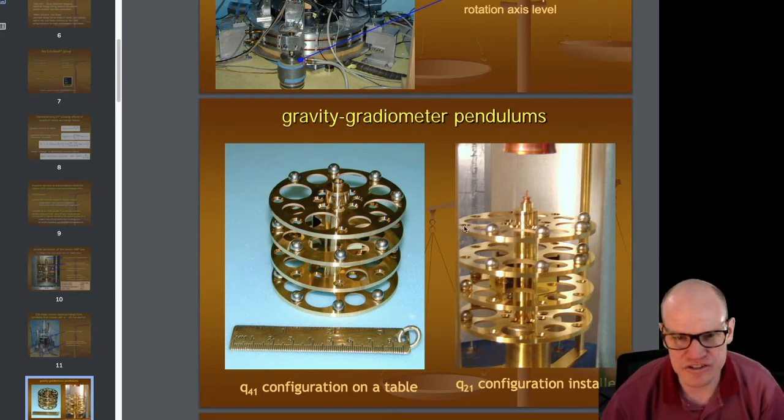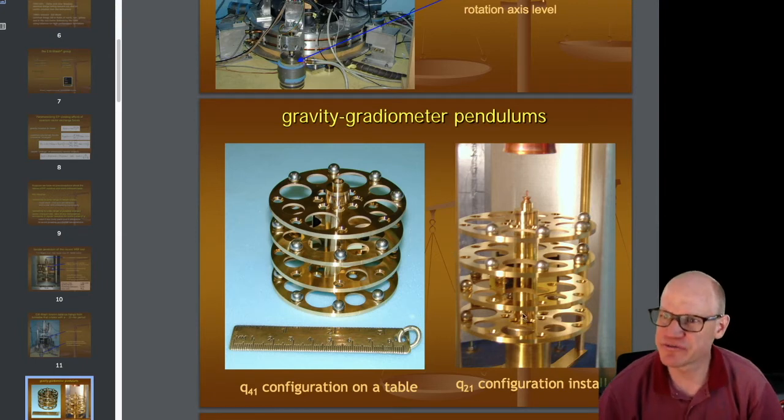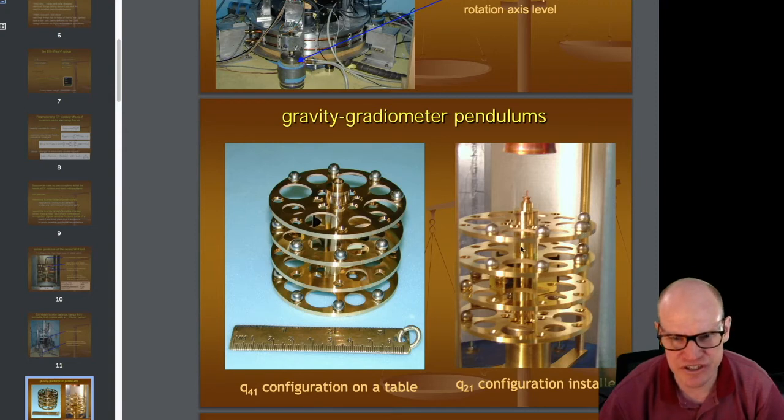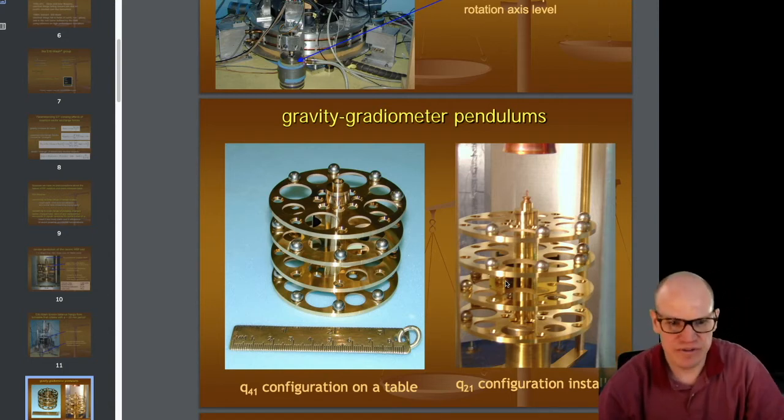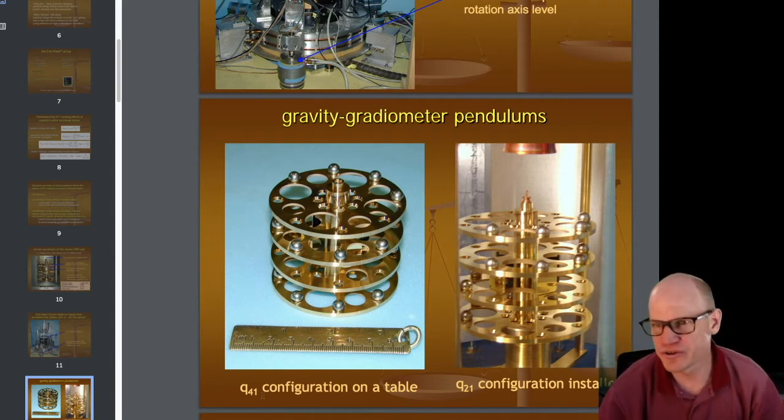So then you can rearrange the location of these balls, these ball bearings on these things to measure different gravity gradients. And so you can see in this configuration, they have 4 on the top, 4 in the next one down, and then the 4 on the opposite side over here, and then at the bottom. So they have 2 sets on one side, 2 sets on the other. But if they want to do the Q41 configuration, which is a way of calculating where all these things are located,